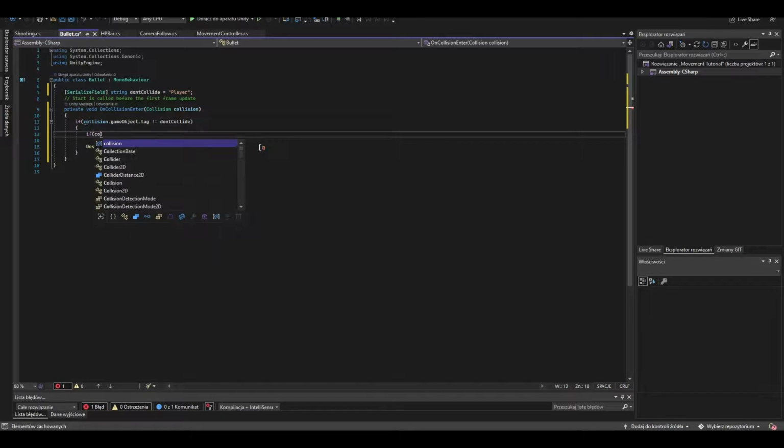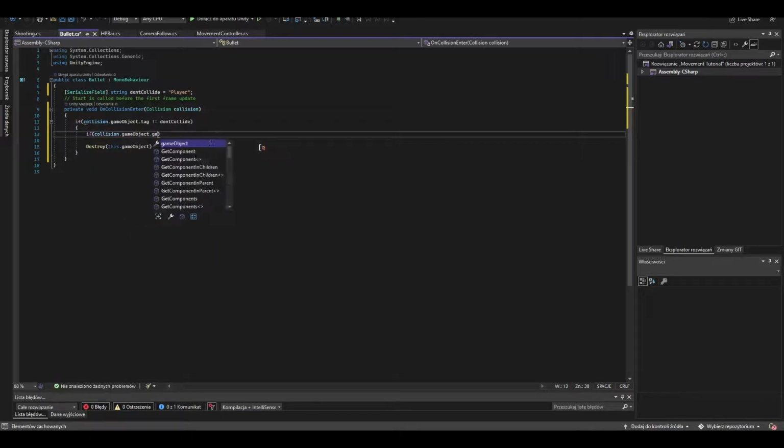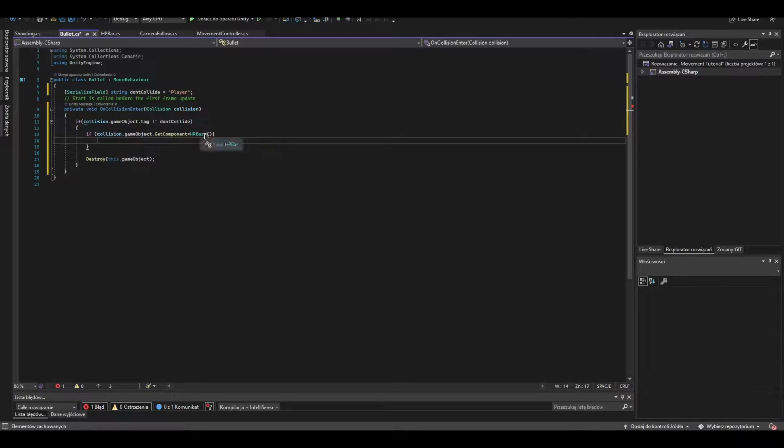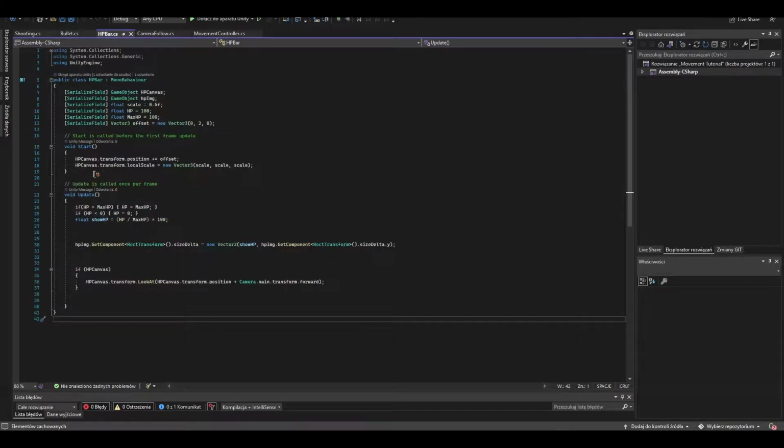So let's make that game object get controller HP bar. So like you can remember, we have HP bar in our project. This is the one. And when we collide with object that has HP bar, we need to make him take some damage. So we need to add this script